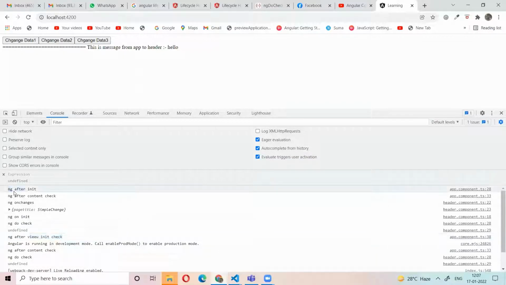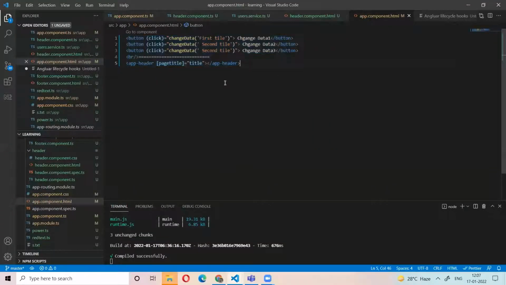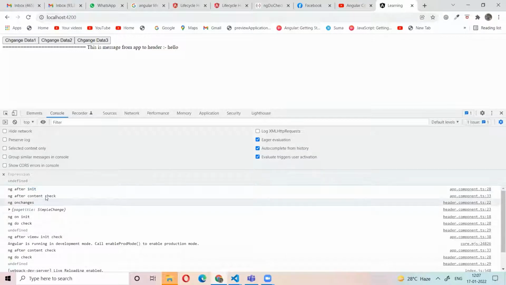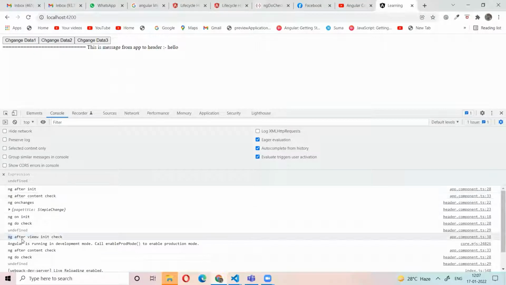After loading the HTML part and child component, before loading the child component, then ngAfterContentChecked is loaded. Now the child component is loaded, the child component's data is getting. After the child component's data is getting, then ngAfterViewInit check.